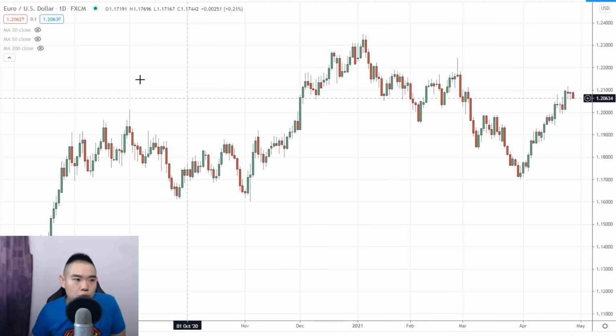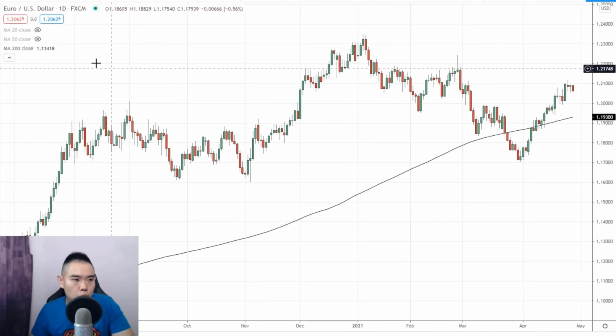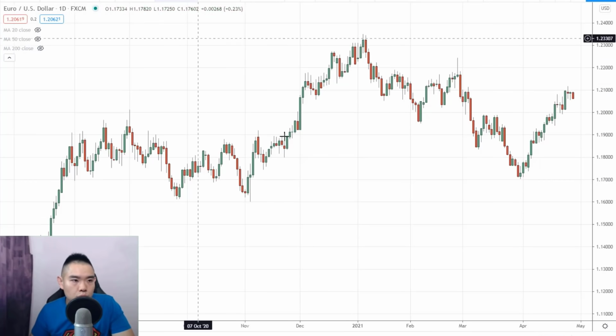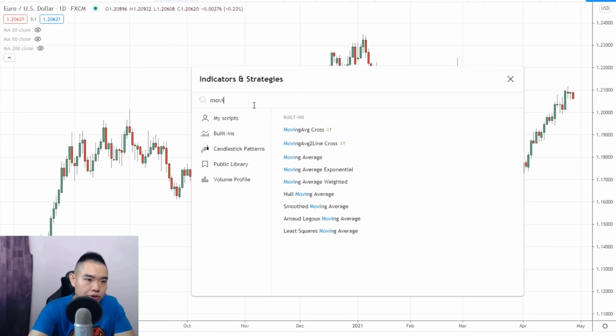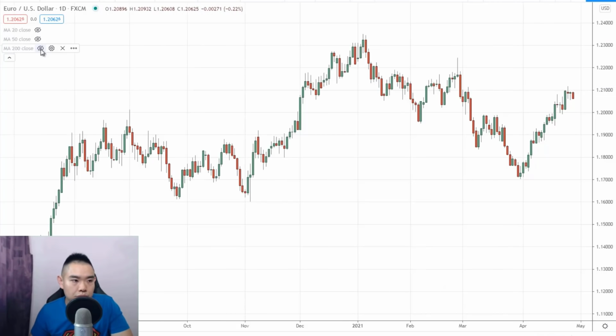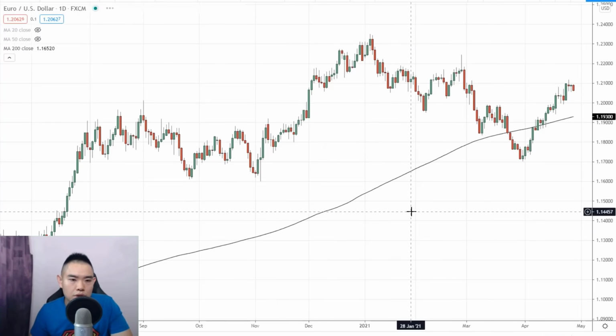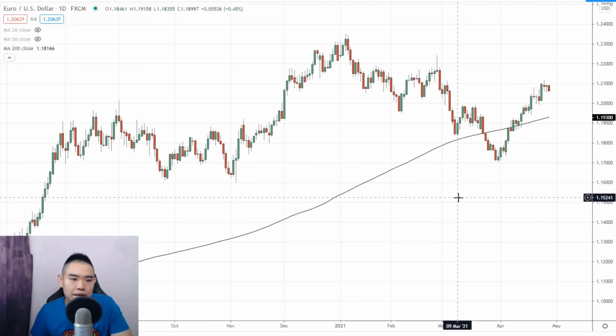So for example, Euro against the USD, I'll add in the moving average here. If you're wondering how to do it, just go to indicators and look for moving average. You can see over here, just click on this and the line will appear. In this case, I already have it on my chart. And if you look at Euro against the US dollar, you can see that this market is in an uptrend. The price is above the